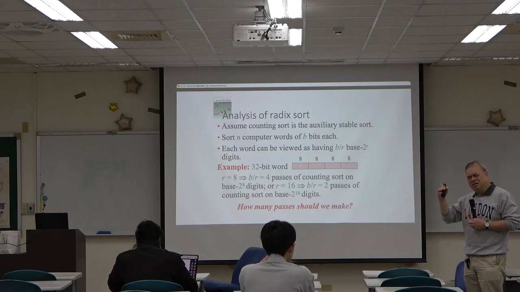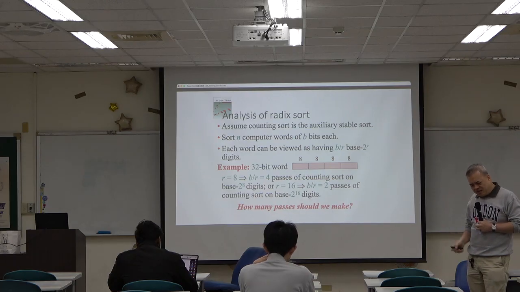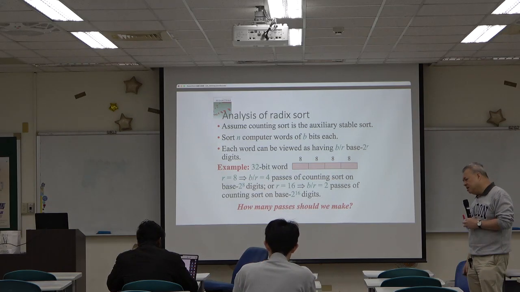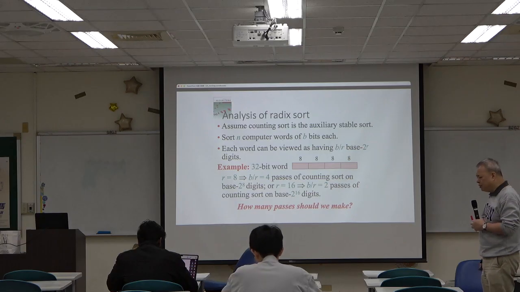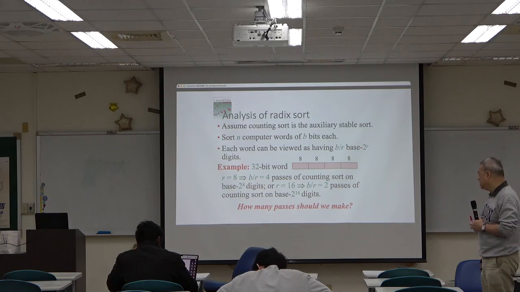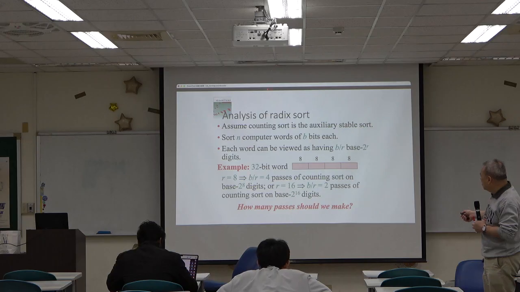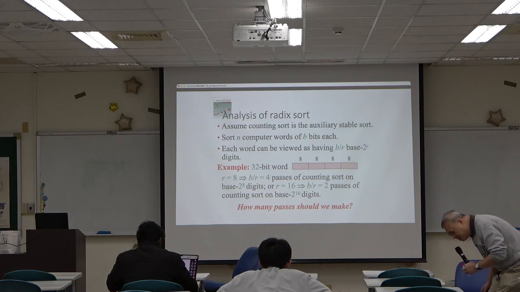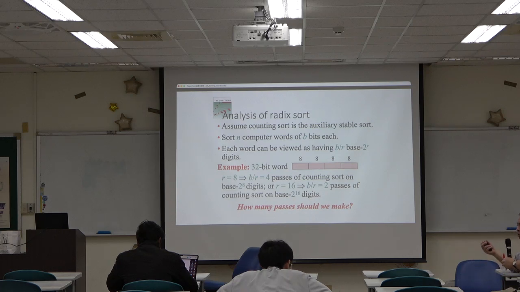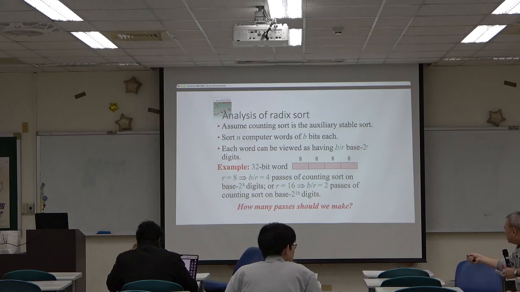In terms of the time complexity, it has the lowest order because it's linear. So assuming the auxiliary sorting algorithm we use to sort each digit is counting sort, then, when you want to sort n computer words of b bits each,